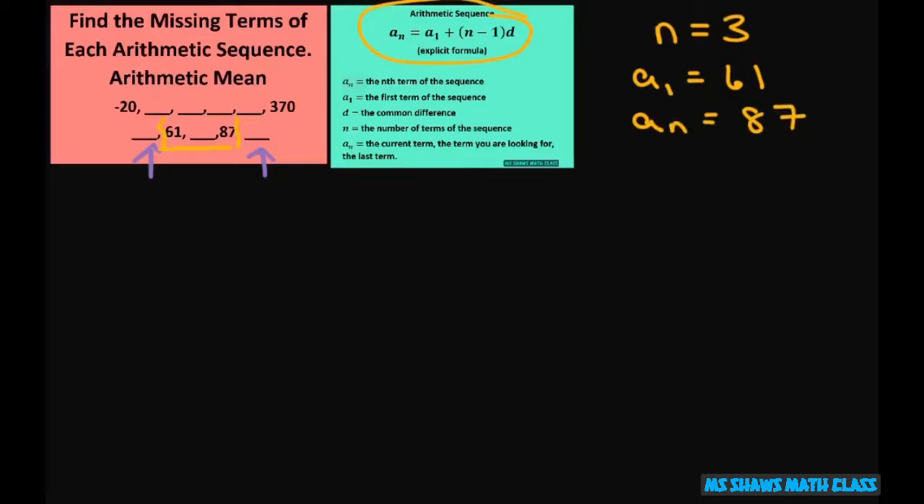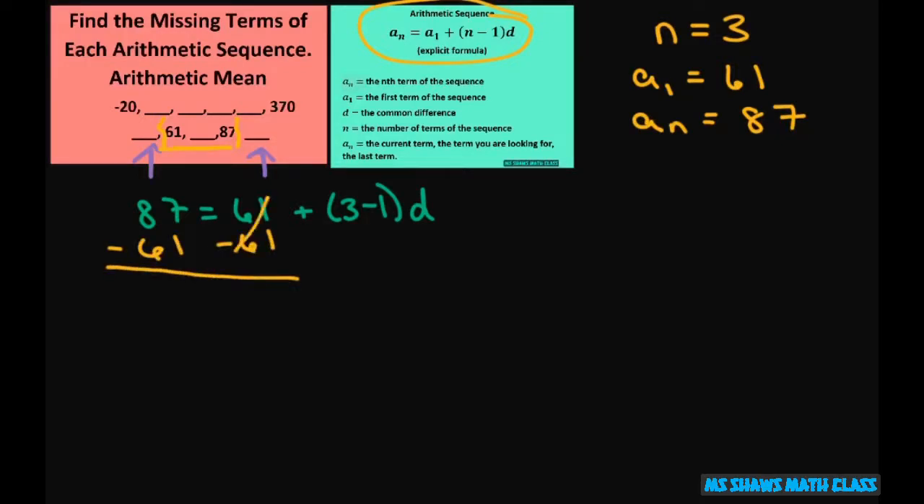So if you set the formula up like we did earlier, this would be 87 equals 61 plus 3 minus 1 times D. So subtract 61, and that cancels. So this is going to be 26 equals 2D. So D is 13. So for these 3 numbers, we have 61, and then we have 87,